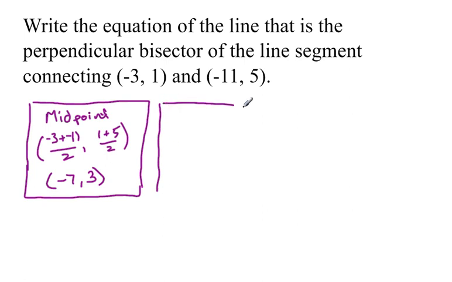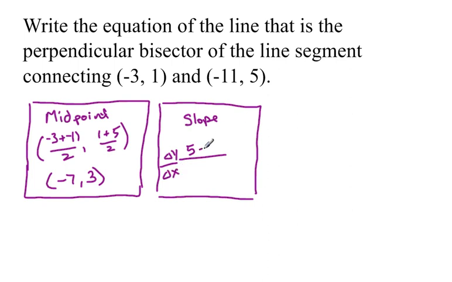My second step is to find my slope. I'm going to label that up here. And I'm going to subtract my y's on top. Remember, it's delta y over delta x. So 5 minus 1 on top, and then negative 11 minus negative 3. So let's see, that's going to be 4 over, this becomes positive, so 4 over negative 8, or negative 1/2